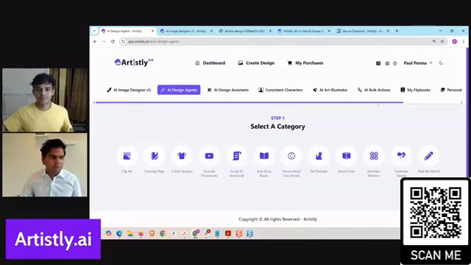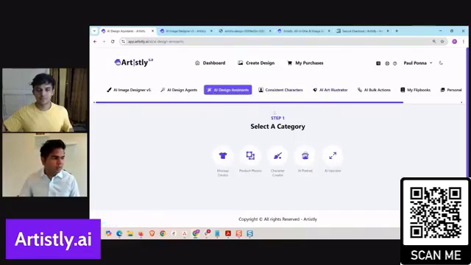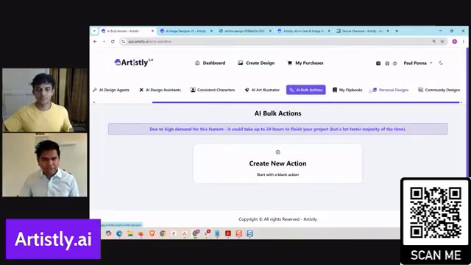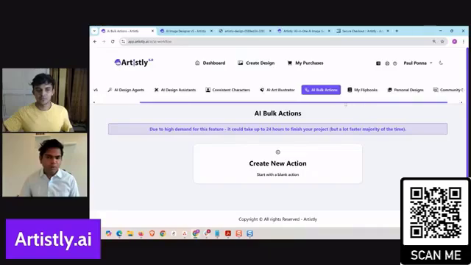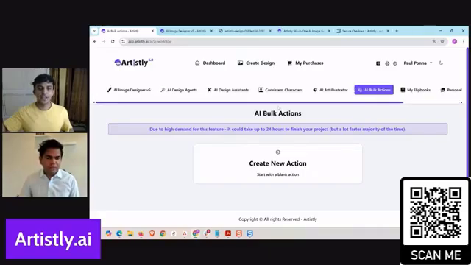Now, just a couple of points that I also wanted to cover here, because I know a couple of questions came in, Yash, about the 300 DPI. If people are having any issues with that, what's the general idea here? You suggest they use the AI bulk actions feature for better output, or what do you suggest for the 300 DPI? What's the best approach?